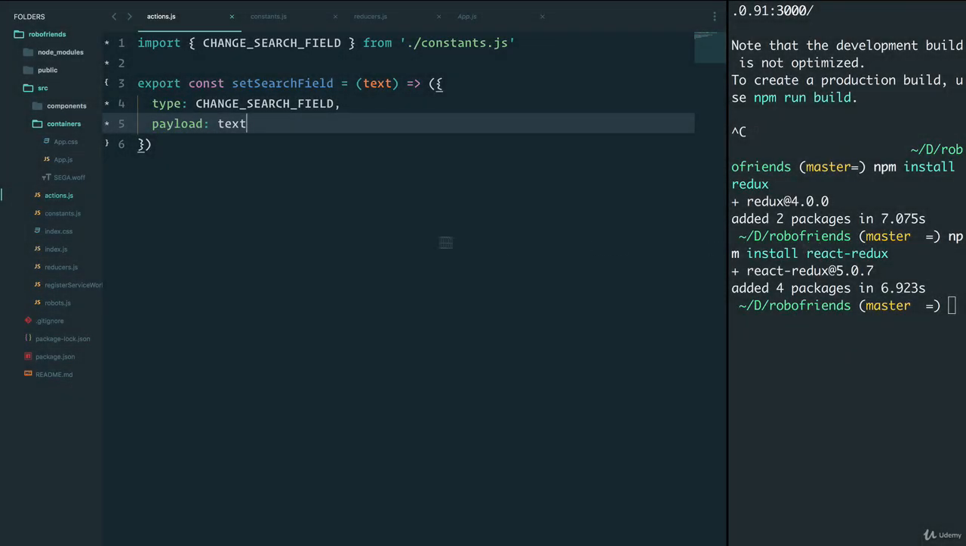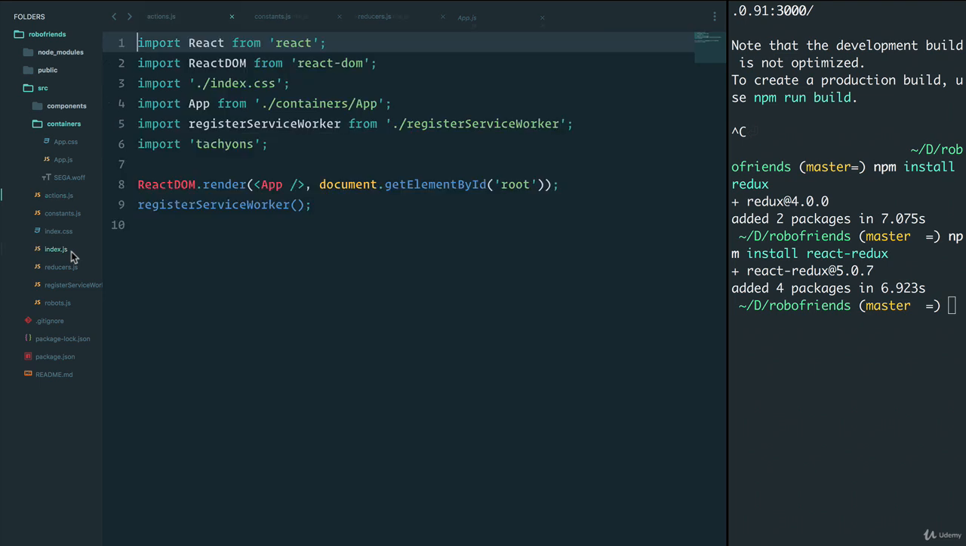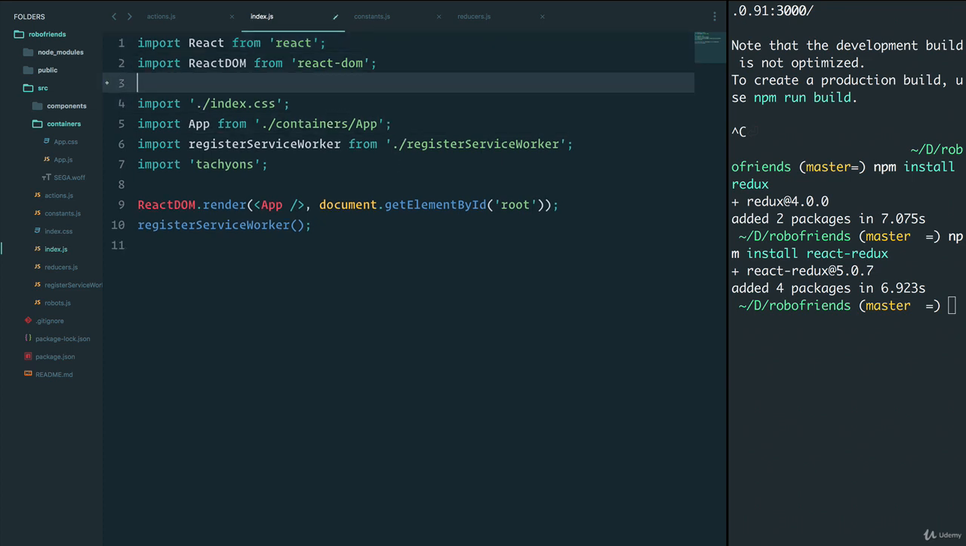Welcome back. Now that we have our actions, constants, and reducers, let's start connecting this Redux part of our application to our React application. The way we can do that is quite simple. If you remember, we downloaded a package called React Redux. And this package, let's import it over here,